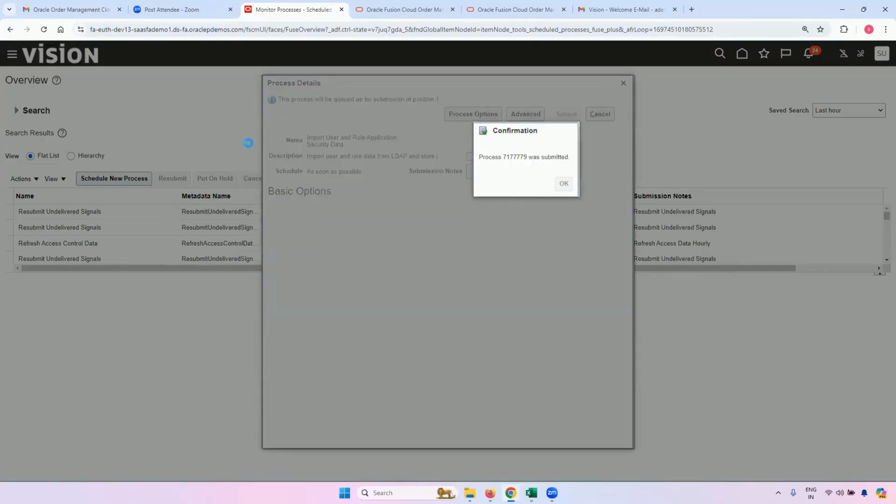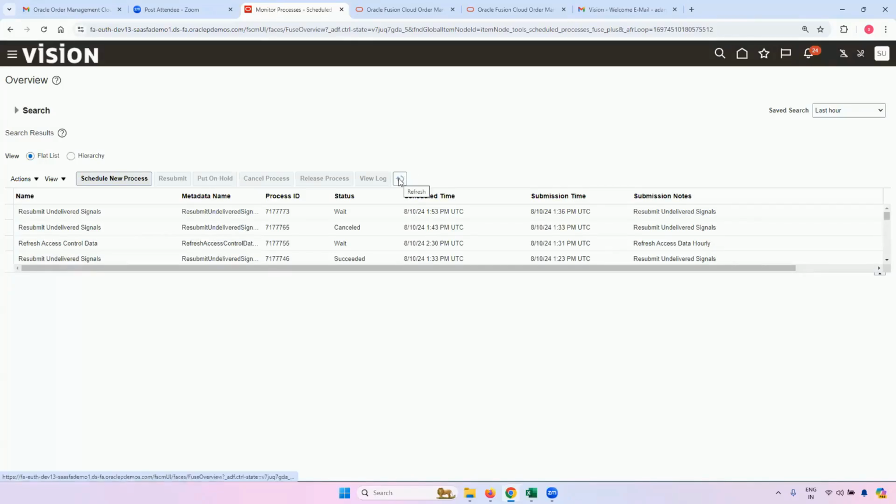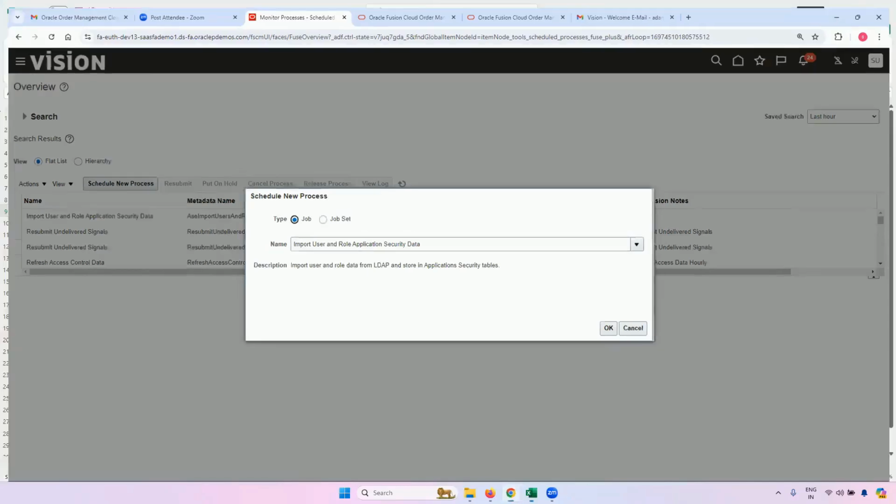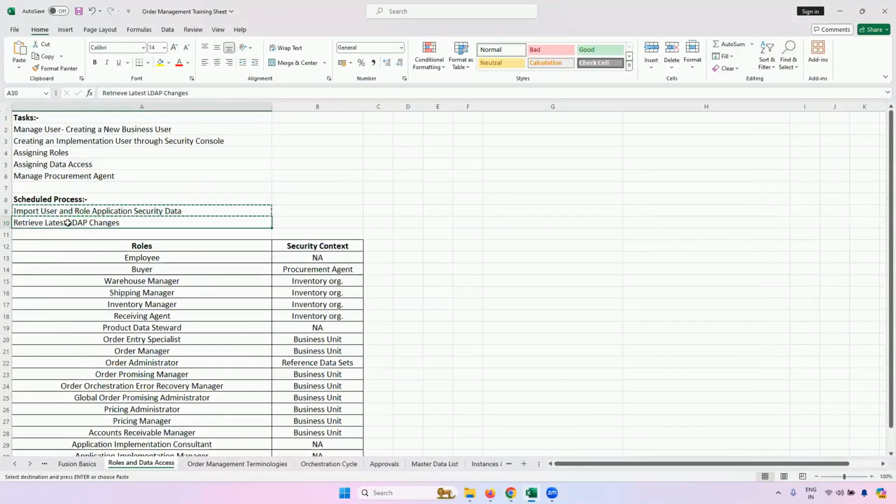Click on OK. Now click on refresh. This is a refresh icon. So this is running. This should be succeeded. It might take some time. So in the meantime, let me schedule and run another process as well, which is retrieve latest LDAP changes.